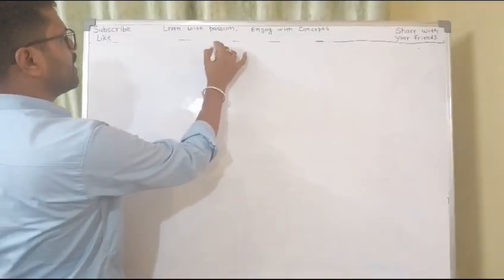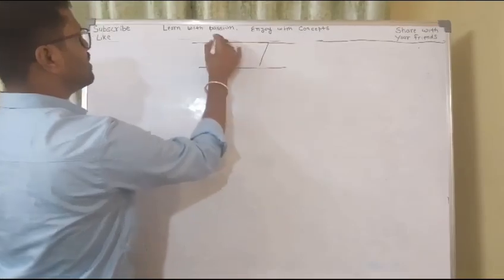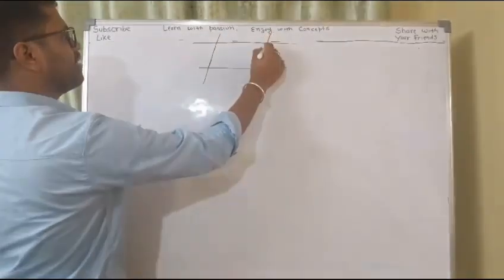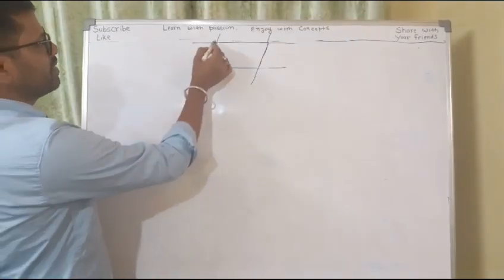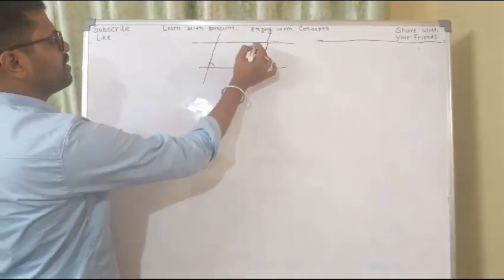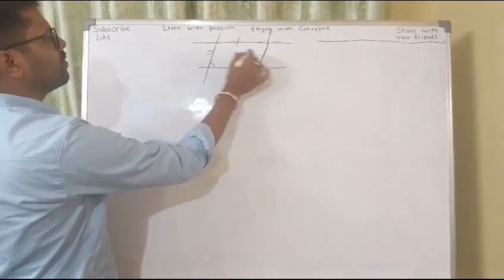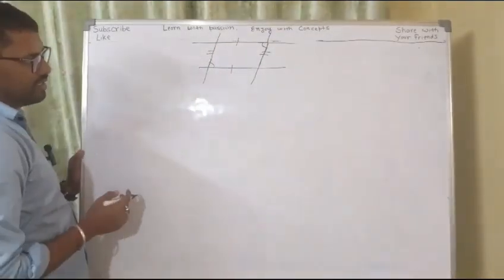So let's talk about parallelogram. A parallelogram forms when two parallel lines join. Right? So there is a property of parallelogram that we should know, that opposite angles are equal and opposite sides are equal. How can we understand this in detail?